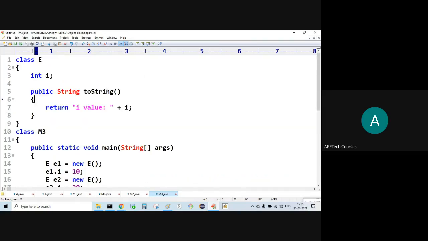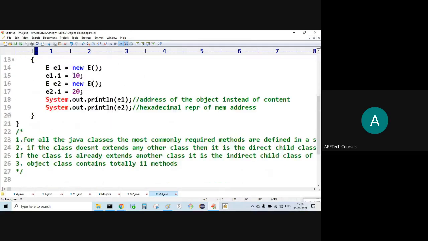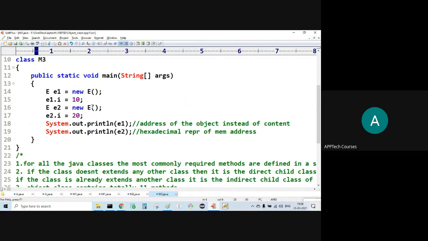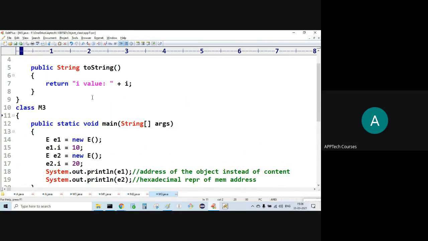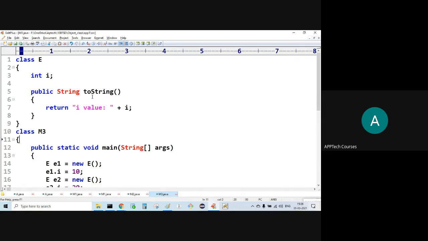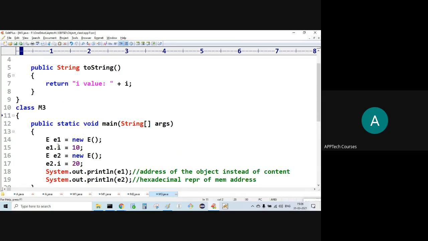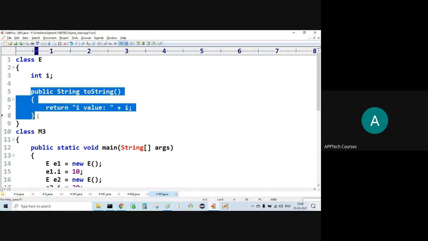What is the output? What happens? Directly printing e1, directly printing e2. What happens? I have overridden the toString method.